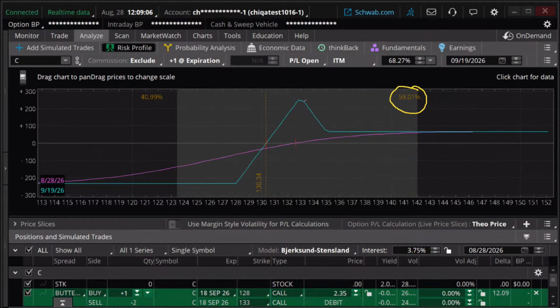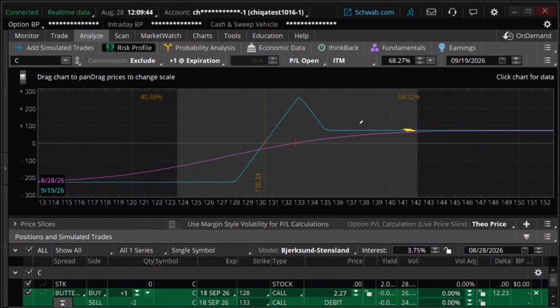Our max gain is here. This looks to be roughly 1-to-1 return to risk, maybe. Sometimes it'll be better, sometimes it'll be worse than 1-to-1, but that's not terrible. And if the stock goes up, the odds of hitting this right here are pretty slim, I've got to admit, but as you look at this, you go, well, if it goes way up, then I'm still making some money. It's not a max gain by any means, but I'm making some money.